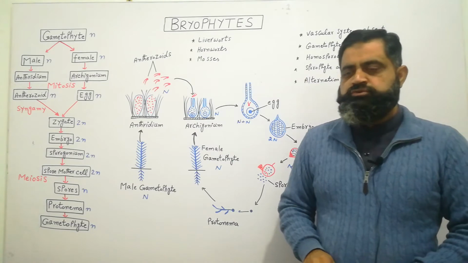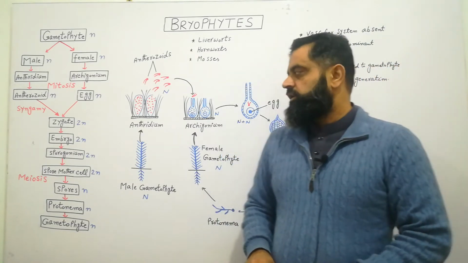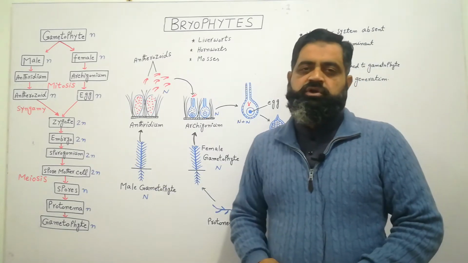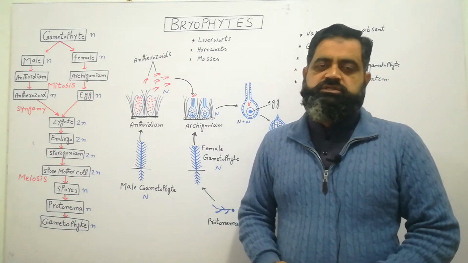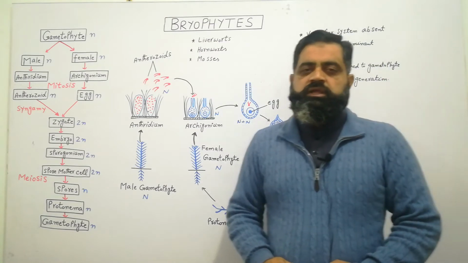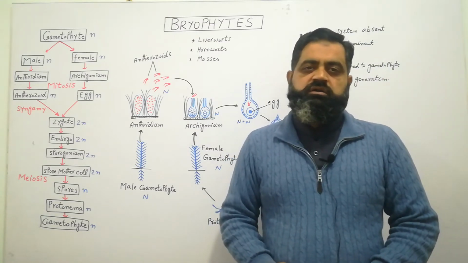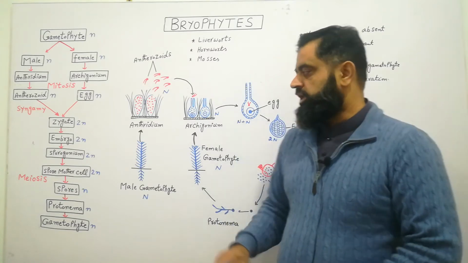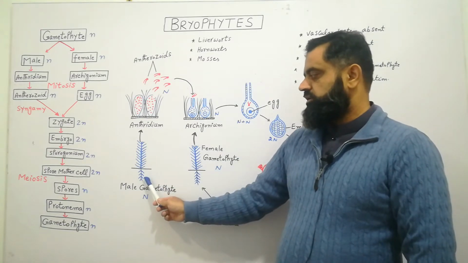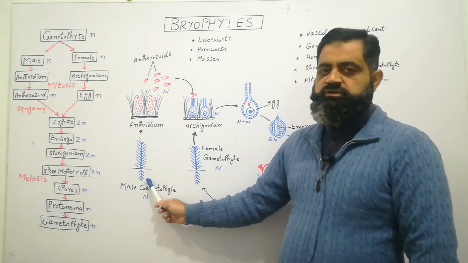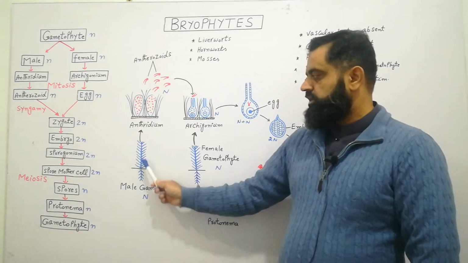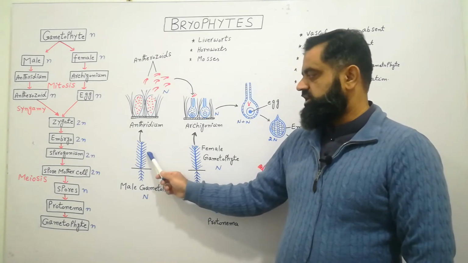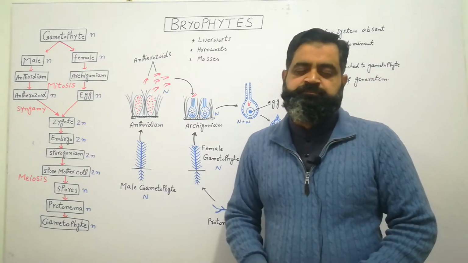Bryophyte plants are composed of gametophyte. This is a plant body of a gametophyte. The plant body of a gametophyte of a bryophyte is thalloid. A thallus is a plant body which is not differentiated into true root, stem and leaves. So as you can see here, these are the rhizoids, which are root-like structures which anchor the plant in the soil. This is the stem-like structure but not a stem, and these are leaf-like structures but not true leaves.